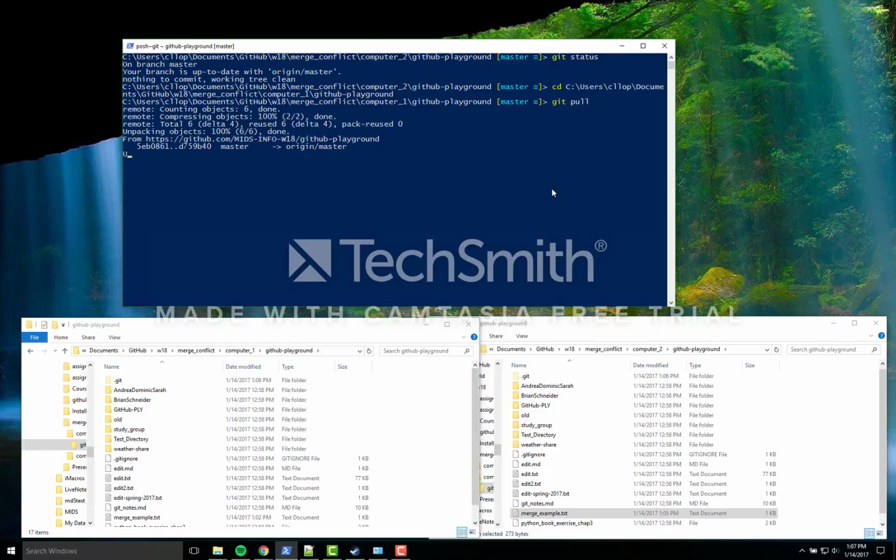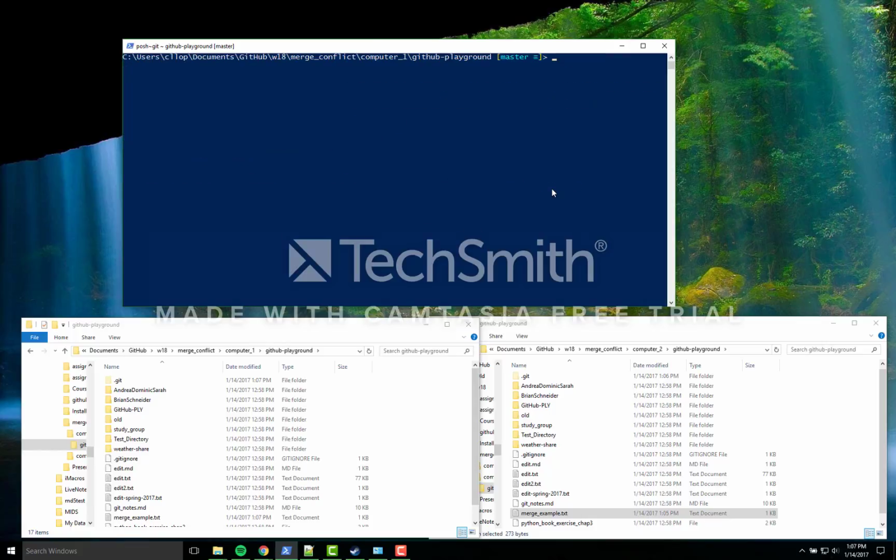All right, so that's example 1. Everything was really easy. Git could solve the problem for us. Let's go on to example 2, where computer 1 and computer 2 actually end up changing the same bit of code, because that's going to be a little bit harder, and that's where things can get a little bit more